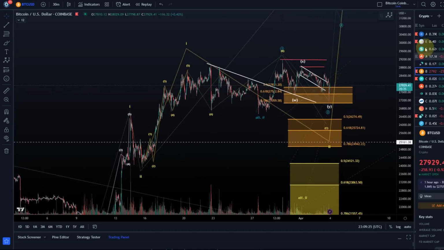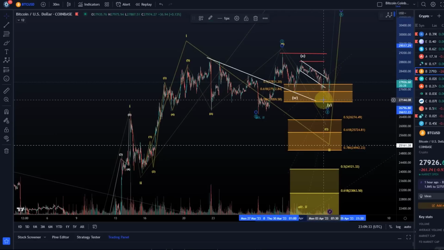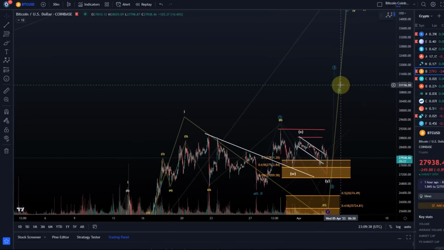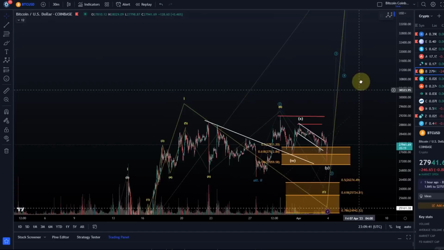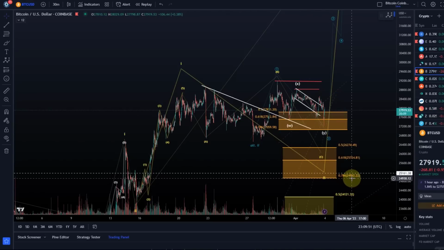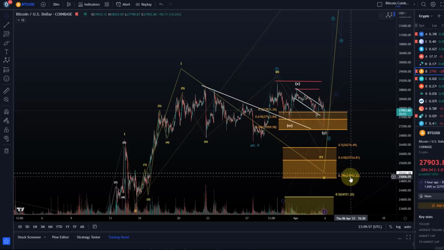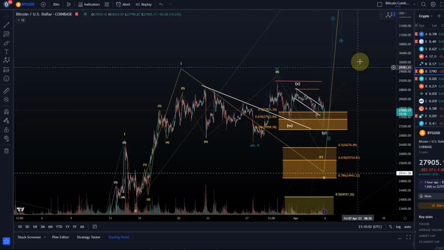What I can tell you though is that the 27,060 level is still relatively important. It's still the most important support for this wave 2. If we drop below that, it will not invalidate circle wave 2, which could result in wave 3 to above 30k, but it will make it very unlikely. Does it mean the bullish potential is gone? No, of course not. We would just morph into a higher degree bullish scenario, drop below that support and could get all the way down to 24,940 in that scenario. And then we have another chance to launch from there.